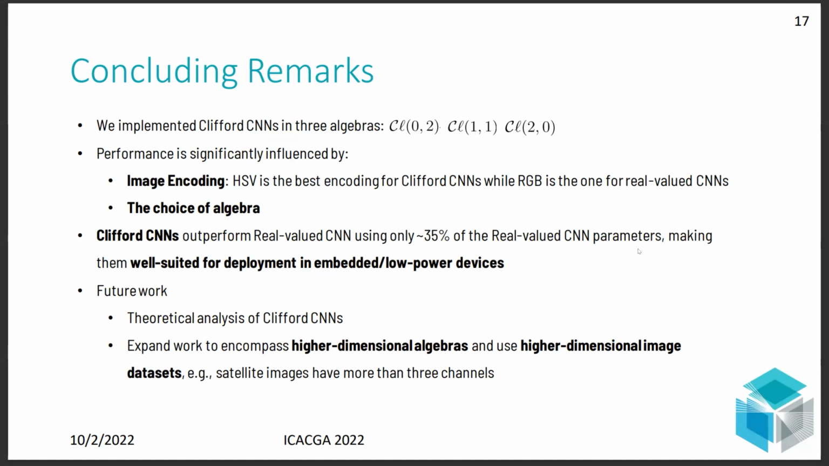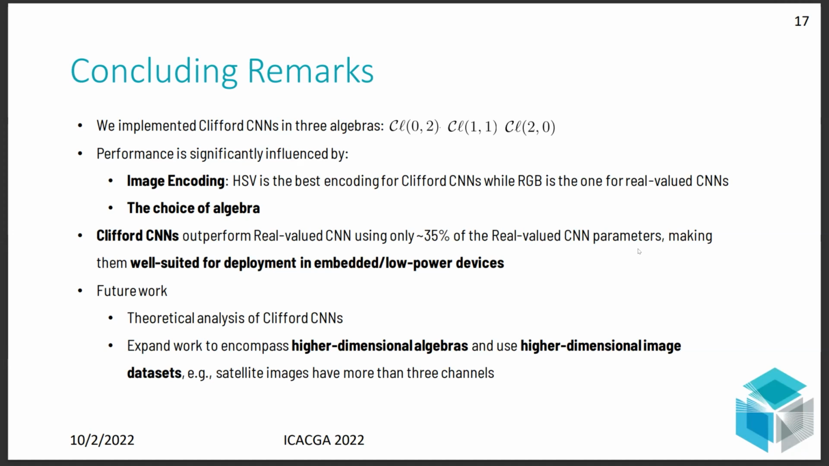And the choice of algebra. In this work, the algebra that performed best was the one related to the co-quaternions. But this could change depending on how you encode your data and depending on how you train it. We didn't do experiments with different splits, for example. This could change the results. But the main idea here is that